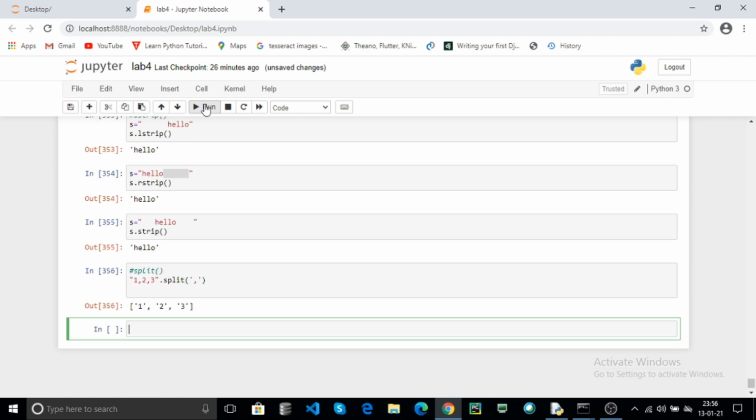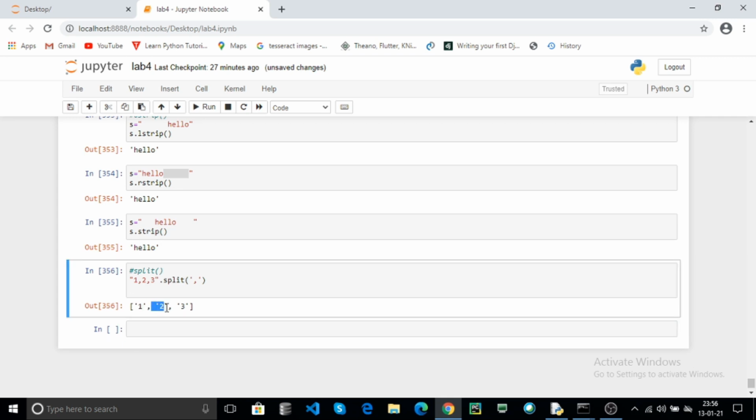Click on run. Here it returns the list. Here the 1 is a separate string, 2 is a separate string and 3 is a separate string. Here 1, 2, 3 is the same string. Here we are using the comma as the separator in the given string.